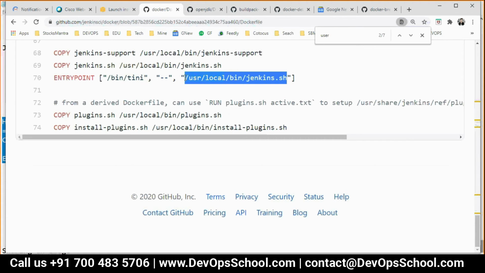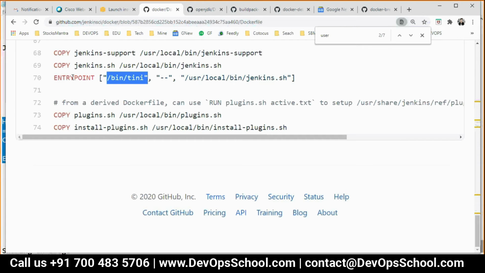So to hold that, the Jenkins developers are using Tini. You can read more about Tini. Like that, there are so many tools. This utility does not allow the shell script to exit, it is always running, and any output which is stored, you are seeing here.